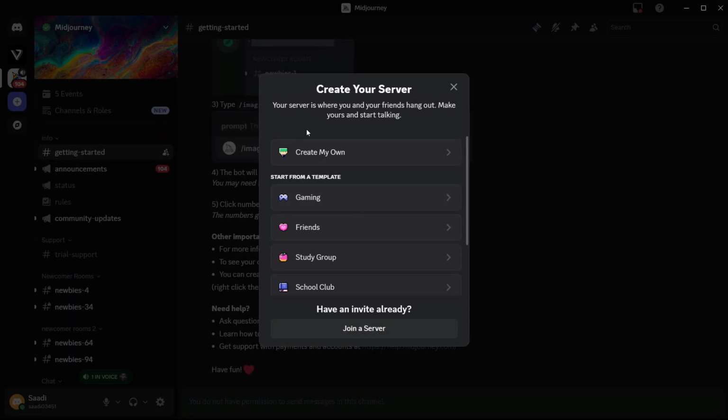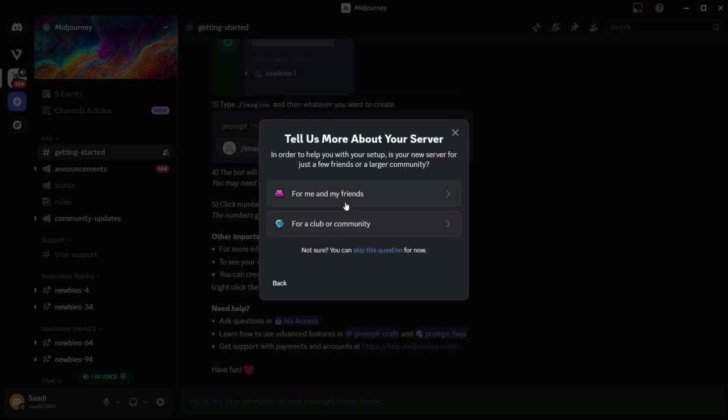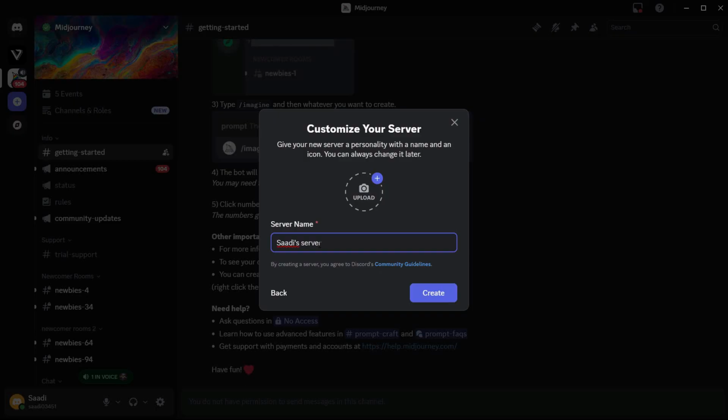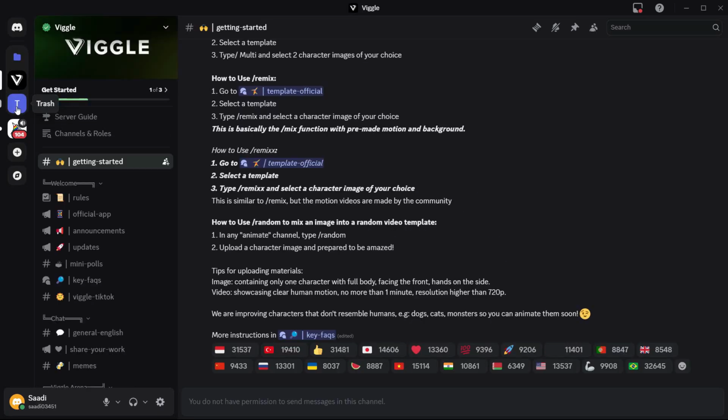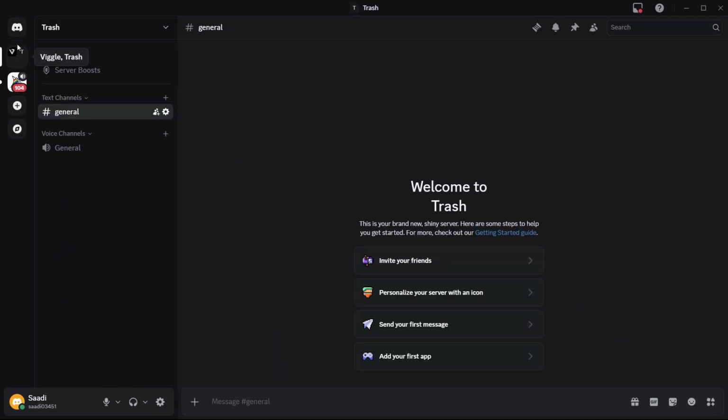What this does is you can create your own server that you will use as a trash can for me and my friends, and just write trash here. And what you can do is just move all of these servers into this trash. As you can see, I just held that and released it once, and it is sent to trash. So basically it will create a collapsible area where you can save all of your